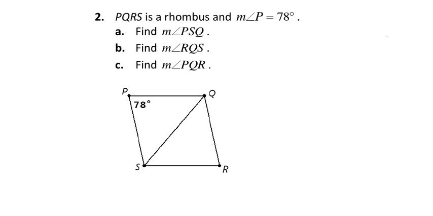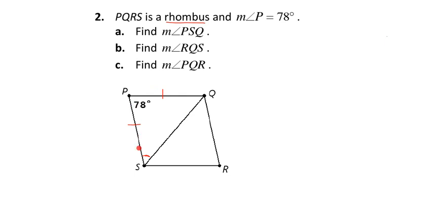So the first thing is finding the measure of angle PSQ. PSQ is this angle that we see here. That's the angle that we're looking at for part A. So there are different ways of approaching this problem. We could consider this triangle that we have here on the top. And this triangle would be isosceles because we have a rhombus, and we know that in a rhombus, any two consecutive sides are congruent, like that, which makes this an isosceles triangle,